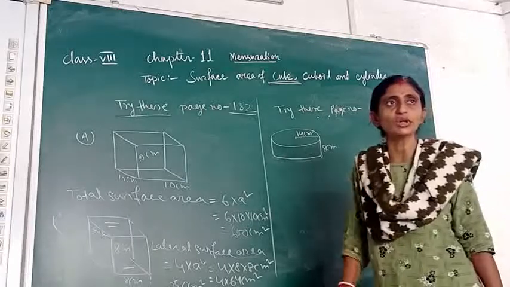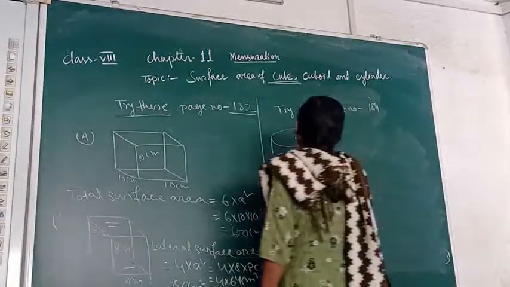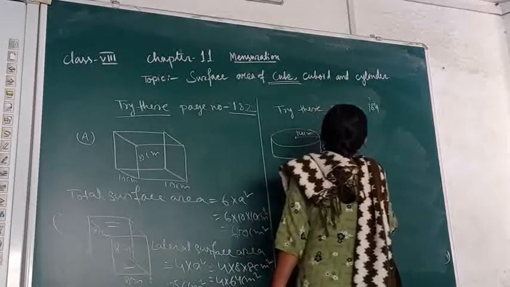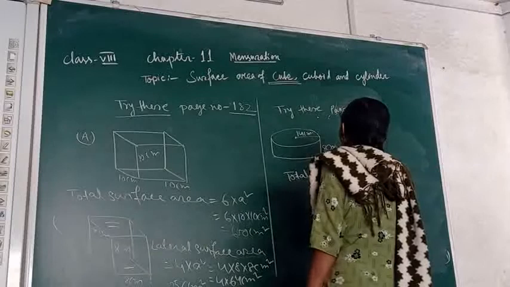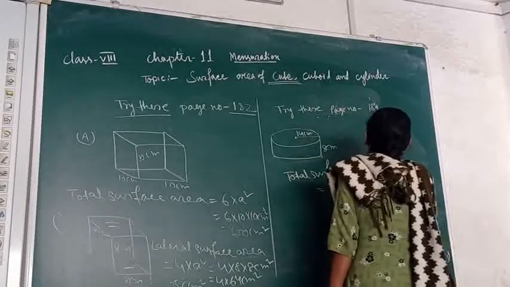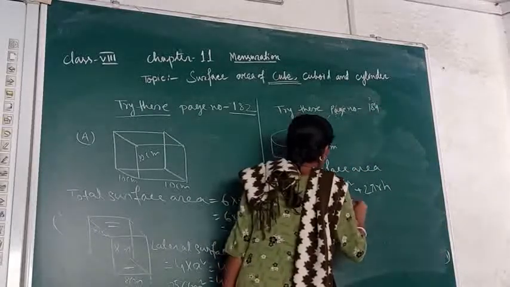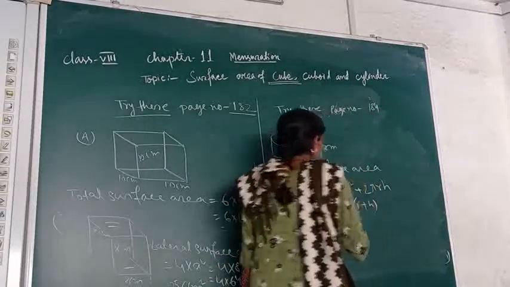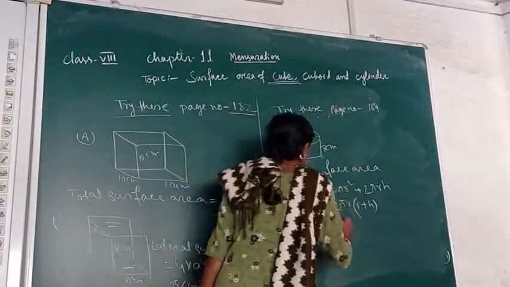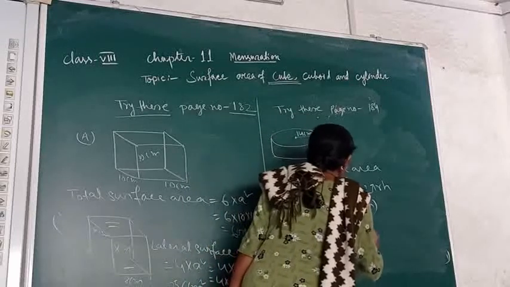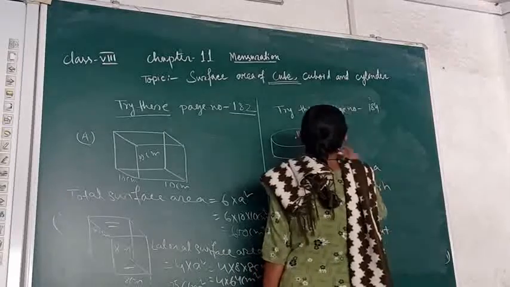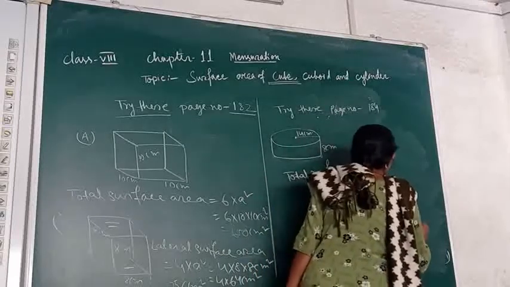And what was the formula we have got in that case? Here it was the total surface area. Yes, what was it? We have 2 pi r square plus 2 pi r h. From where we have taken 2 pi r as common, so r plus h was there inside the bracket. So let's put the value here. Here 2 pi is 22 by 7. R is given as 14 centimeter. Here also 14 plus this is 8. That much centimeter square.